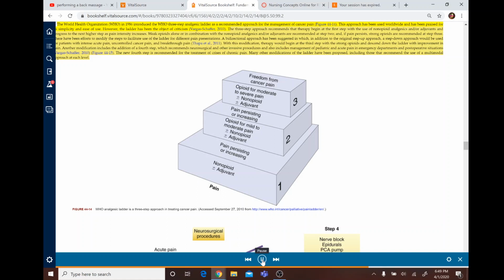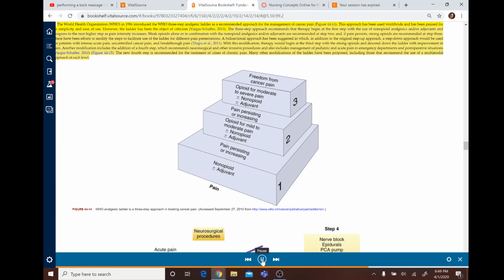There have been efforts to modify the steps to facilitate use of the ladder for different pain presentations. A bidirectional approach has been suggested in which, in addition to the original step-up approach, a step-down approach would be used for patients with intense acute pain, uncontrolled cancer pain, and breakthrough pain, Pca et al., 2011. With this modification, therapy would begin at the third step with the strong opioids and descend down the ladder